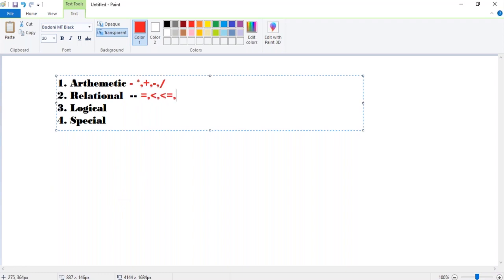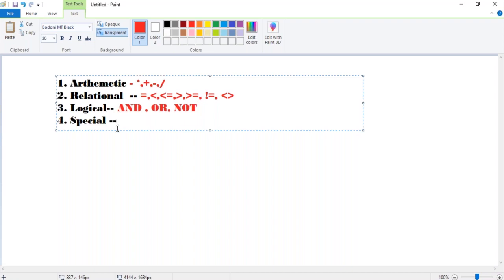Same thing in relational operators, or comparison operators. In that we will have equal, less than, less than or equal, greater than, greater than or equal, and then not equal as well, or we can write it like this also. Both are the same. But in some versions one will not work, so you can go for this one, which works everywhere.